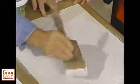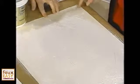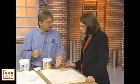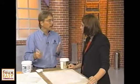So it's a positive application, but I'm not going to do this whole board because I want to show you everything today, but the concept will be there. So I'm pushing really hard. You can see how hard down that brush is to get that to even out. And the nice thing, too, it can go over any color and it still remains white. You see this board was off-white. You could be blue, you could be pink, you could be any color, because this